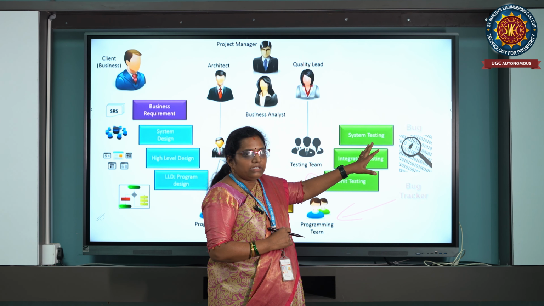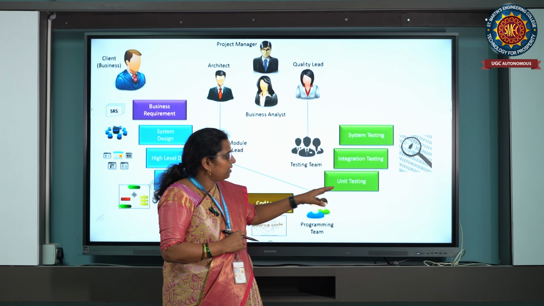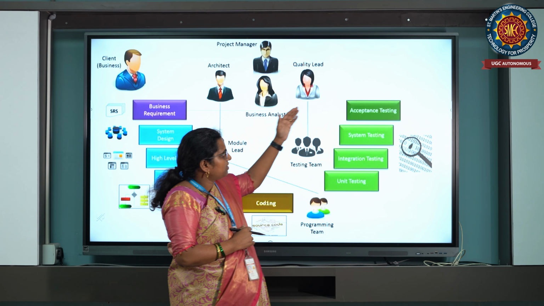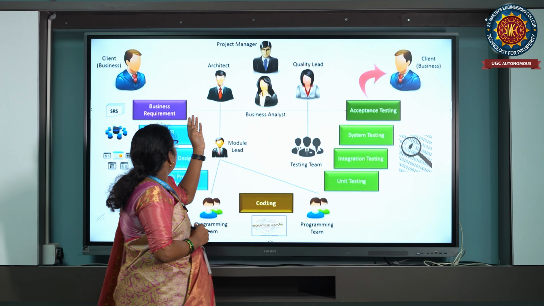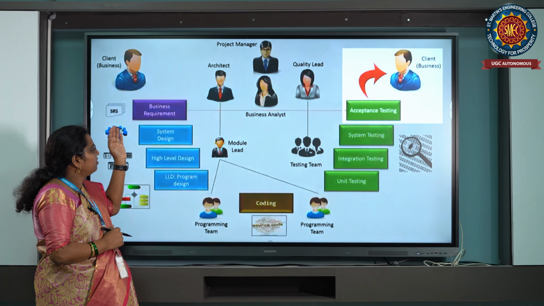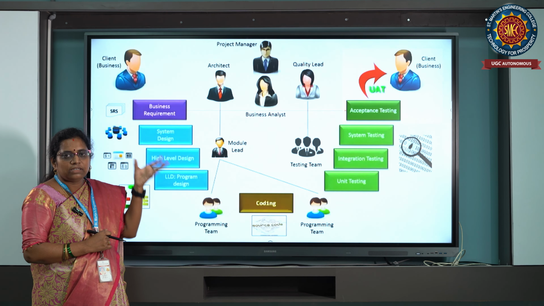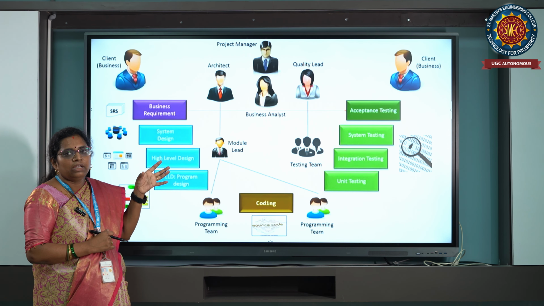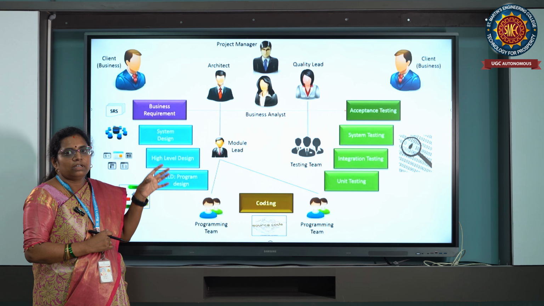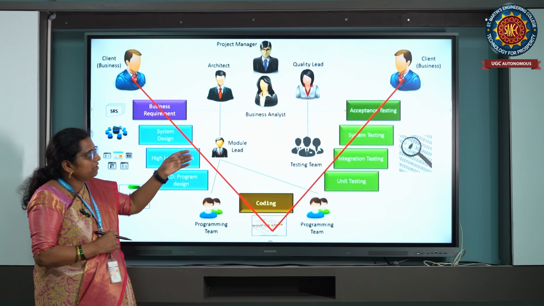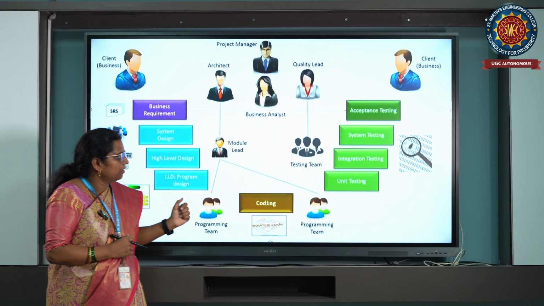Now what they are going to detect is bugs. These are the defects in the software project. The last comes the acceptance testing. Now who is going to accept this? The customer has to accept it. Whether it is accepted or not, whether he is satisfied with whatever he has given, whether his requirements are used in this or not, he is going to check it. That is called acceptance testing.